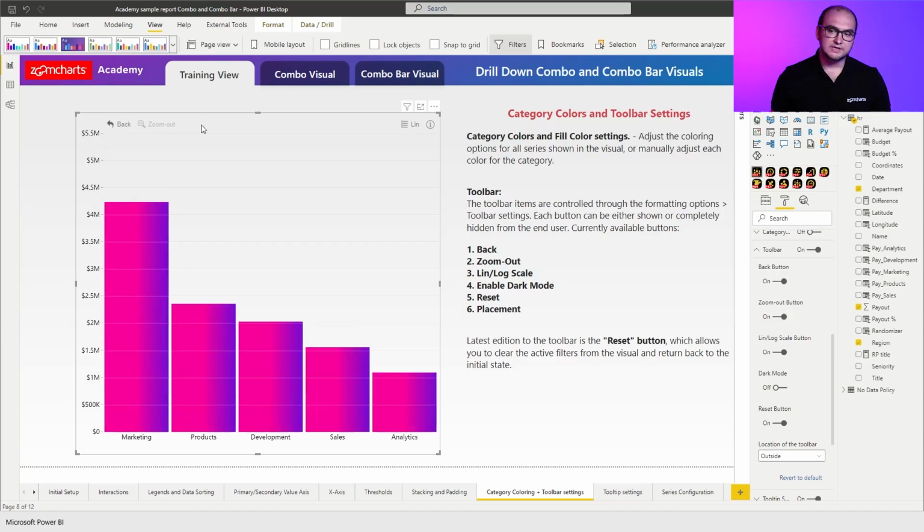Now, this works really great whenever you have multiple visuals on the same report page, because in those cases, what you have in most situations is some sort of master clear filters button, which clears every active filter from the report page. The reset button allows you to clear the filters on a per-visual basis, so the rest of the visuals still keep their filters active. All right, that's going to be it for the category colors and toolbars,